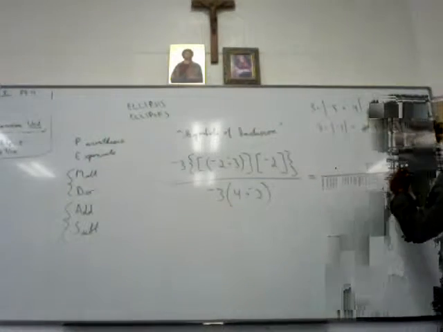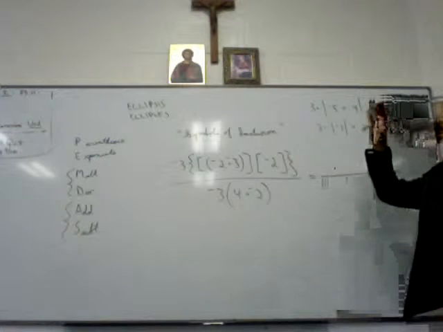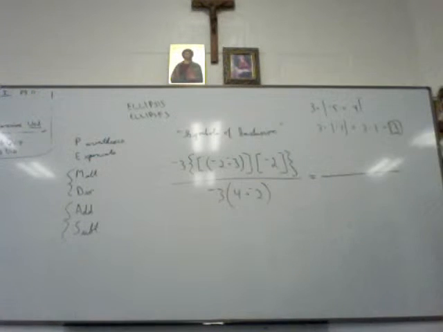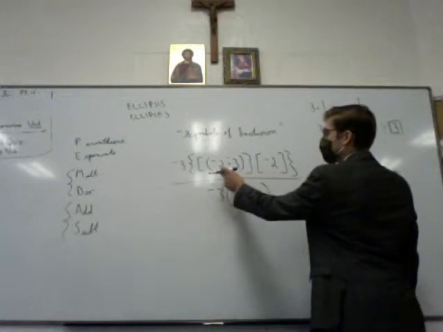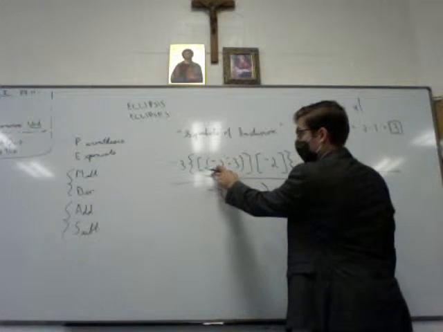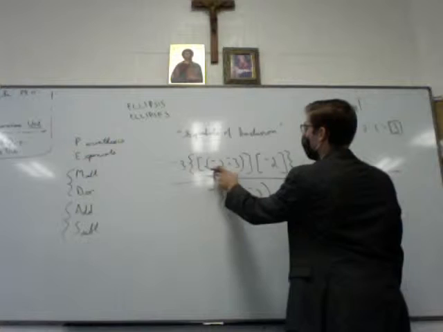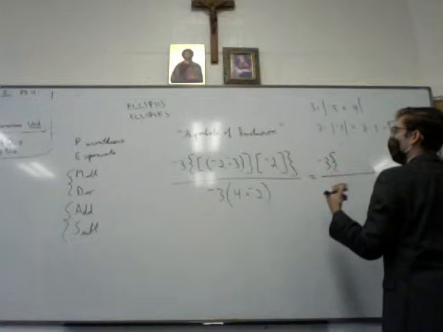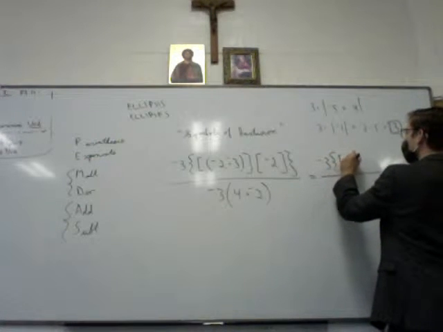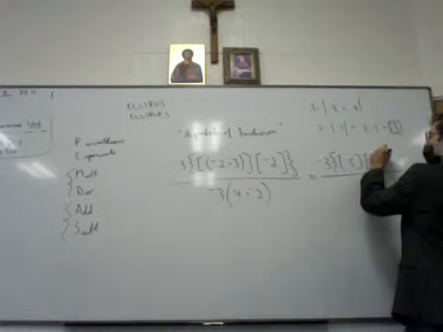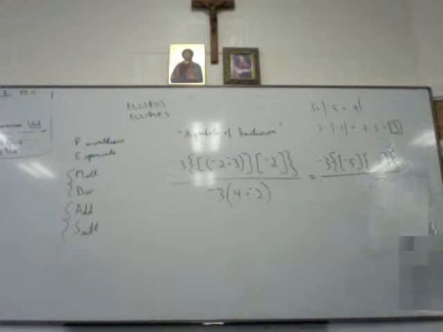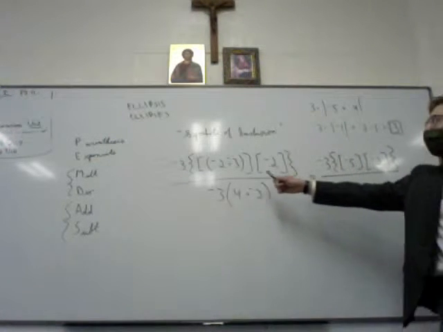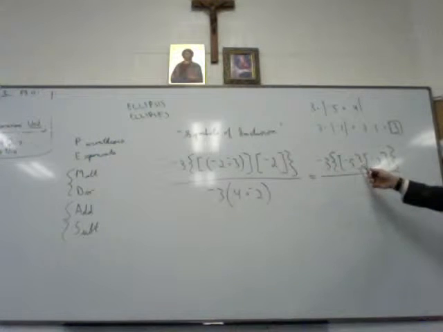Let's just look at the top right now. Only look at the top, because remember, we do the whole top and the whole bottom before we fractionize it. Negative 2 plus 3. Now we can tell because that's in the innermost set of parentheses. The round parentheses will be the innermost set. So negative 2 plus 3 gives us what? Negative 5. So notice, one thing you can do with these, it requires a lot of writing out, but it'll help you not lose track of things, is if you rewrite the whole thing after each step. So notice all they've done here is they did negative 2 plus negative 3, and I got that.